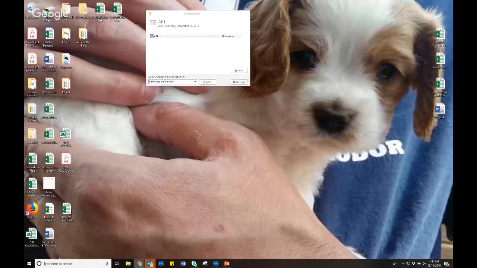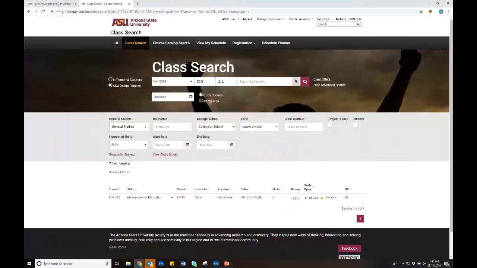So let's pull up the class search real quick. So first things first, this is Econ 212, which is microeconomics. Like I mentioned, economics is a required class for your major, and it also counts as a social behavioral class. You can see right here where it says social behavioral. So if you have not taken economics yet and you still need a social behavioral class, I absolutely would save